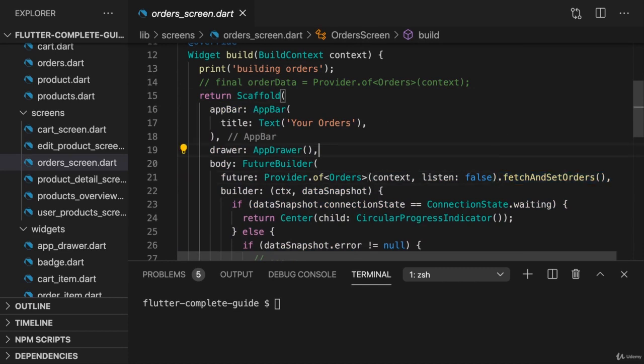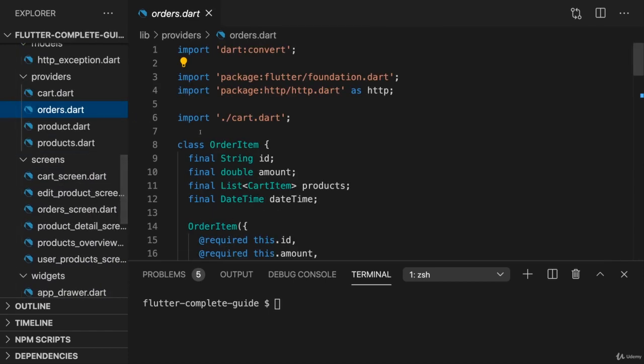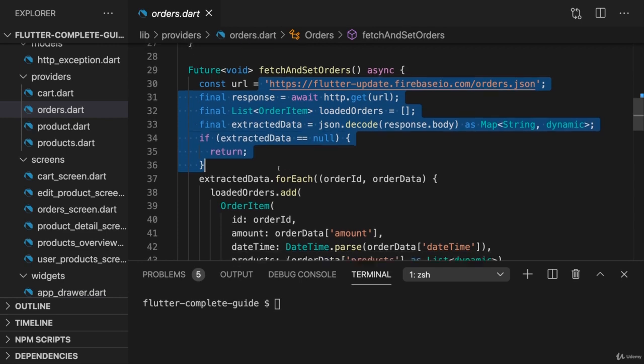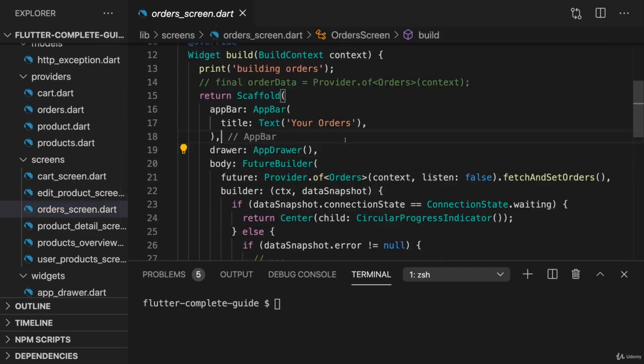This of course means that a new future would be obtained, and that of course in turn means that this HTTP request is sent again, and so on. And that is something we might want to avoid if just something else changed in this widget, if there's no reason to fetch new orders. Let's say you were presenting an overlay, a dialog to the user, and hence the build method executes again. You definitely don't want to fetch new orders just because something else changed in this widget, which doesn't affect the